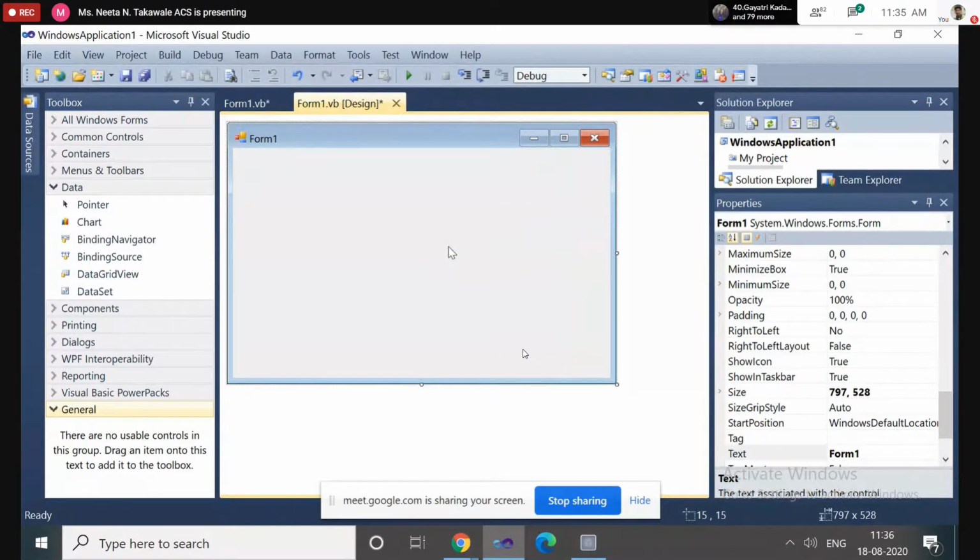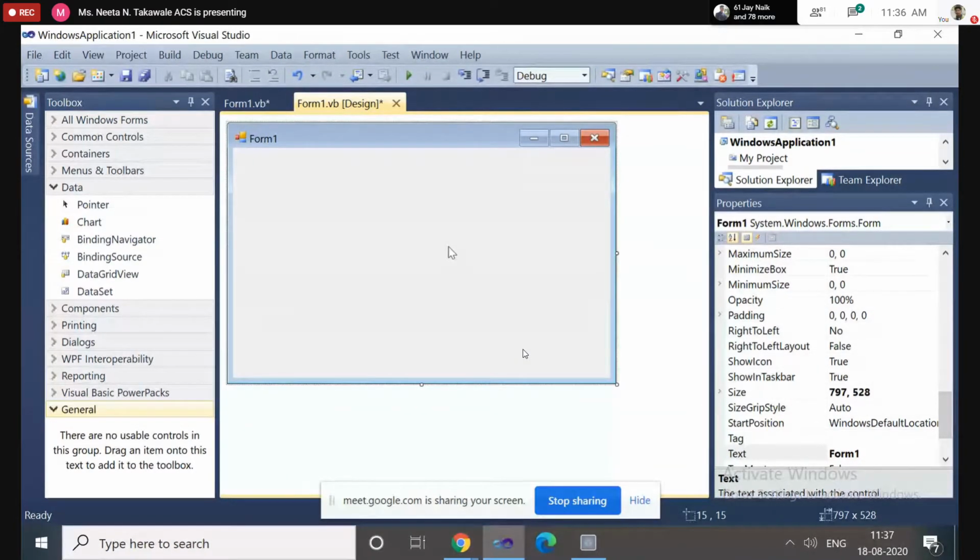In VB.NET the input box always displays a title, the title of the dialog box. We can display a message in that dialog box, and it always contains one text box. That text box is used to accept the value from the user, and by default there are two buttons, OK and Cancel.